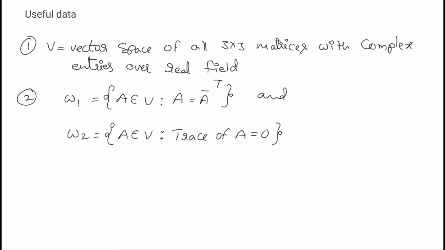Now, from the given problem, we can see the useful data as V, the given vector space, the vector space of all 3 cross 3 matrices with complex entries over the real field. The two subspaces given are W1, the set of A belonging to V such that A equals A conjugate transpose, and W2, the set of A belonging to V such that trace of A equals 0. Now coming to the solution,